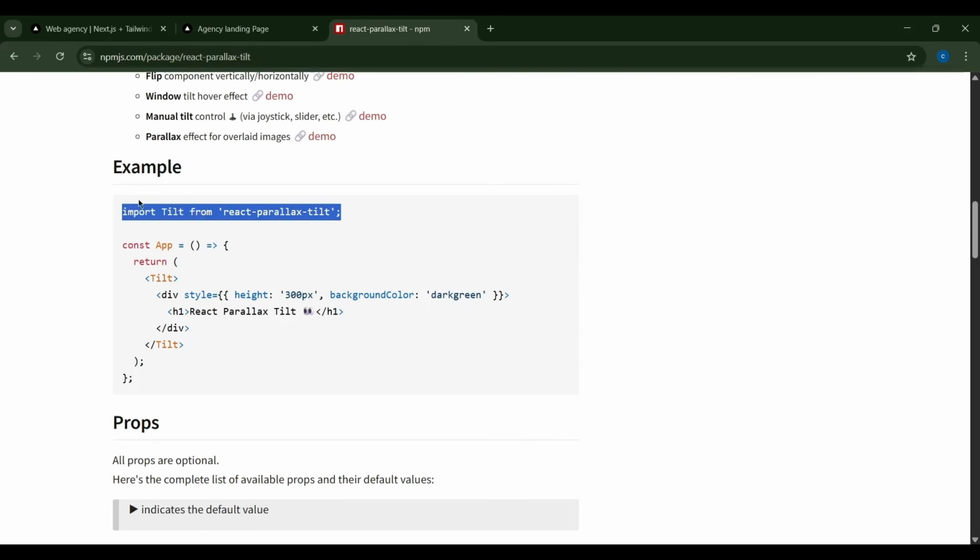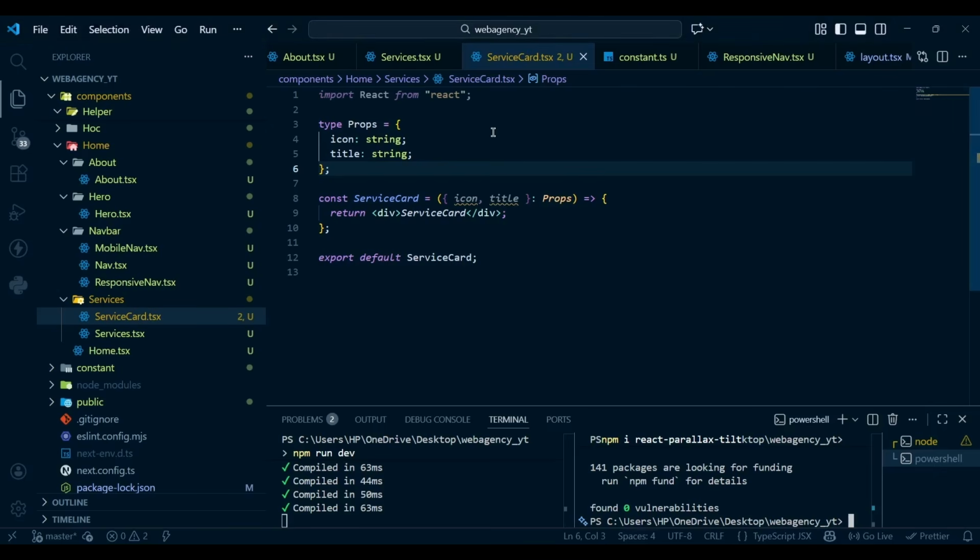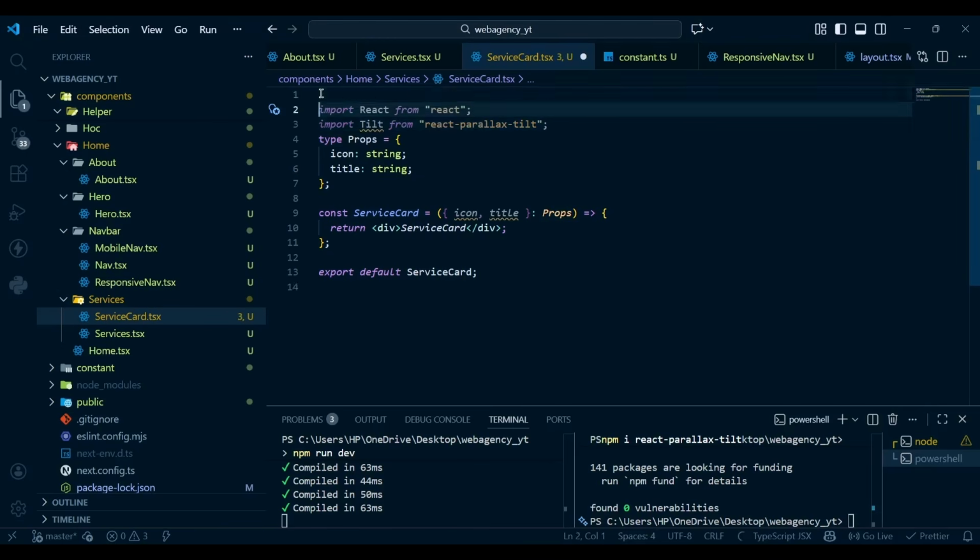So first I'm going to import this tilt. So copy this and paste it here, and we also need to make this component a client component. So I'm going to use client to convert this into a client component, and the package is installed successfully. So here what I'm going to do is I'm going to use this tilt,